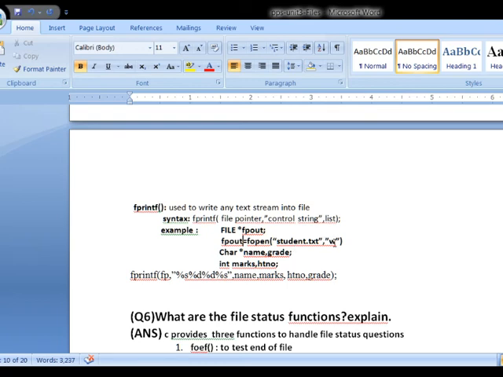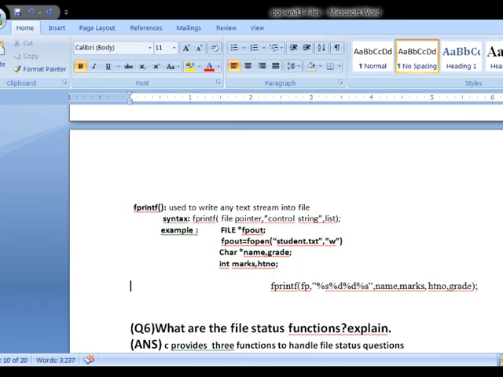Because we are going to write the data into a file. Now for this we use fprintf, with the file pointer, so these are the values I am going to write into the file student.txt, in the location pointed to by the file pointer.